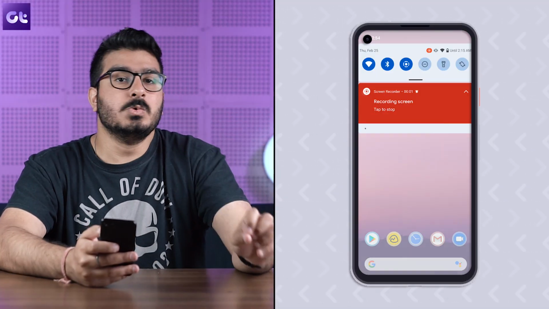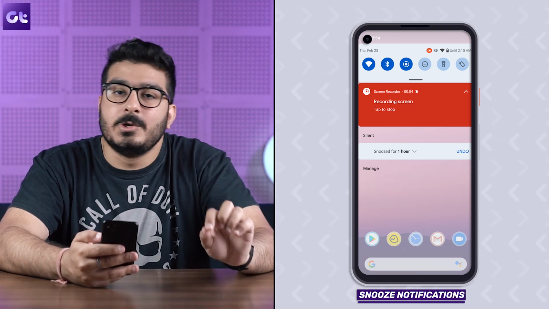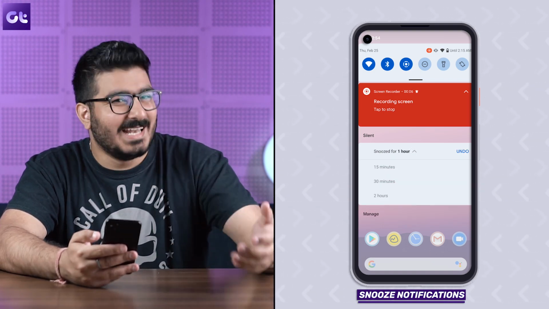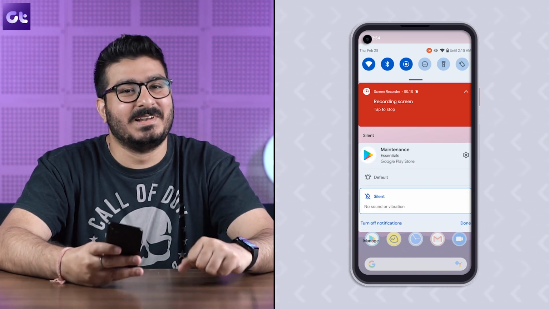Okay, now there are some ease of use features. One of them, which is the ability to easily snooze your notifications. Okay, now this is a very welcome change. So earlier, if I had to snooze my notifications, I had to just dig into the settings and go through different menus, right? Well, now if an app supports snoozing of their notifications, you'll get this kind of an icon right on that notification. Just tap on it, select the timer, and that's it. It's snoozed. As simple as that.